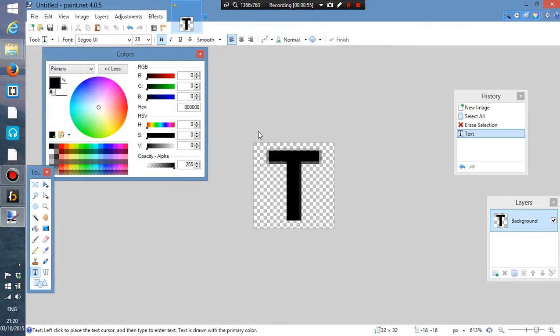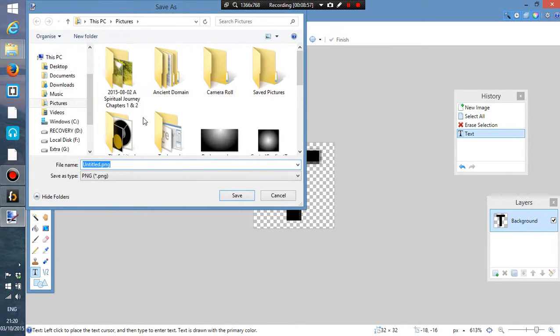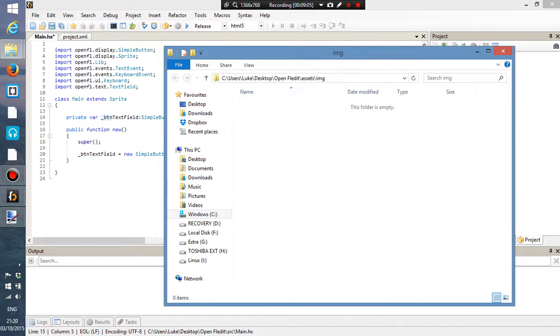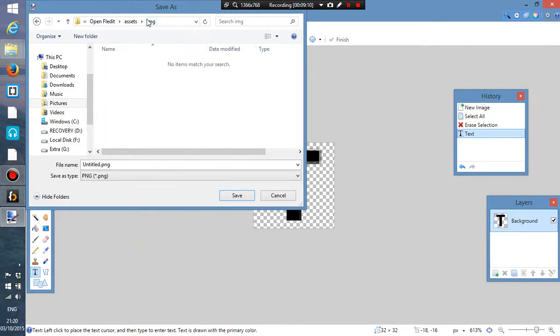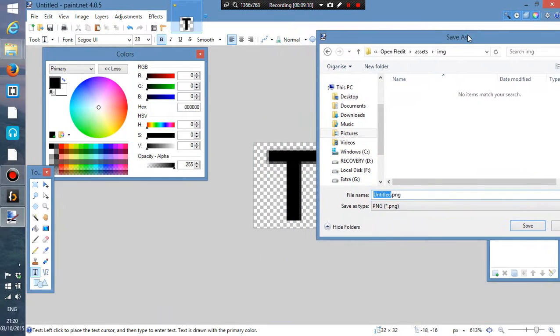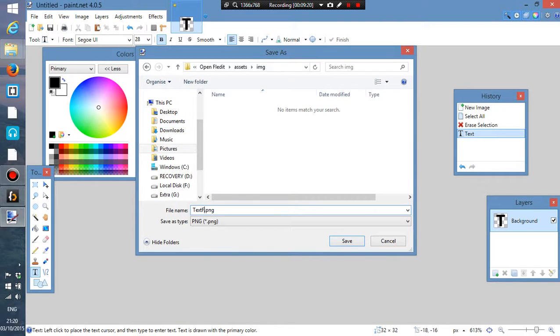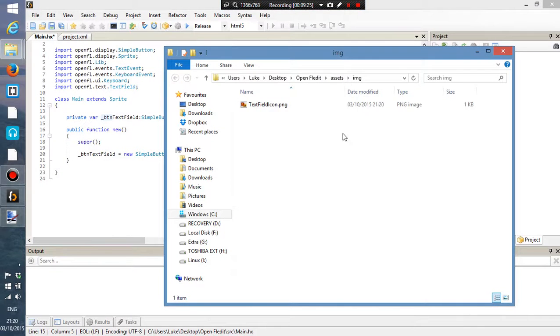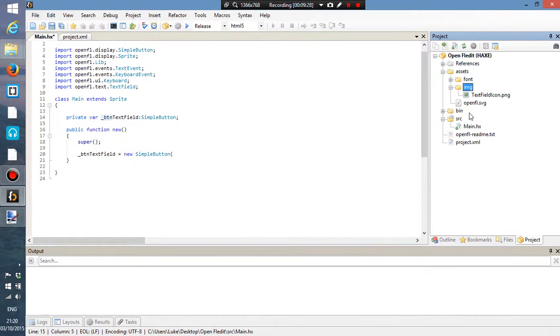So I'm just going to save that, and I am going to put that in where my project is, wherever that is. Just copy and paste that into here, so that you don't get to see any of my folders. Okay, so let's just say this is a text field, right? Text field icon. So this will allow us to create a text field,